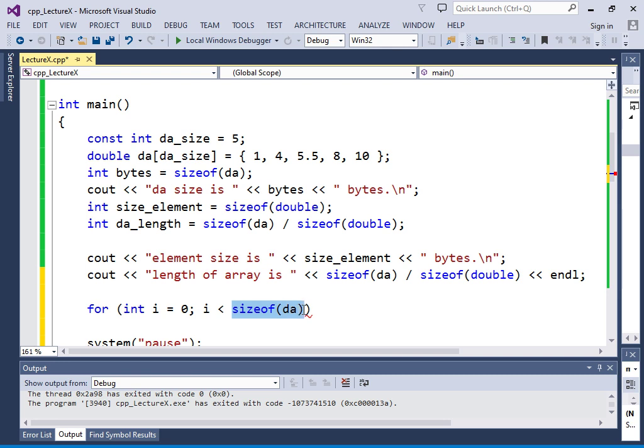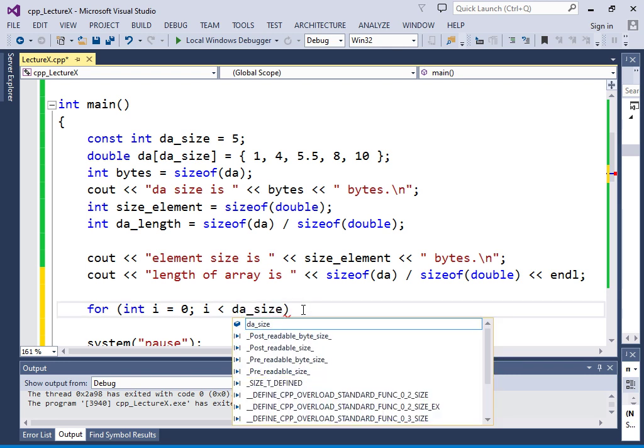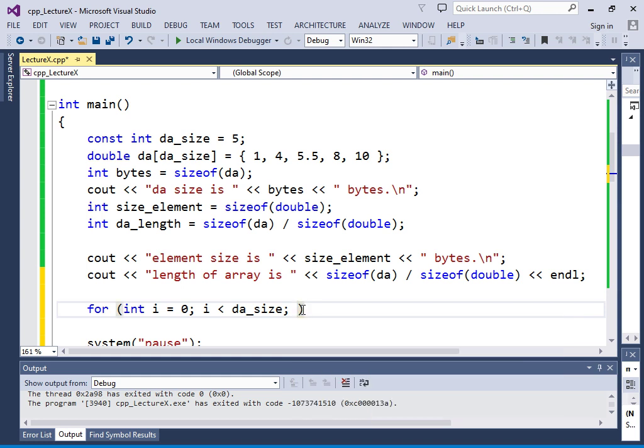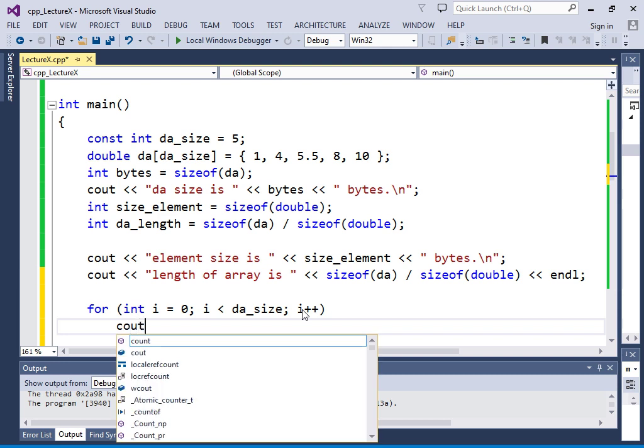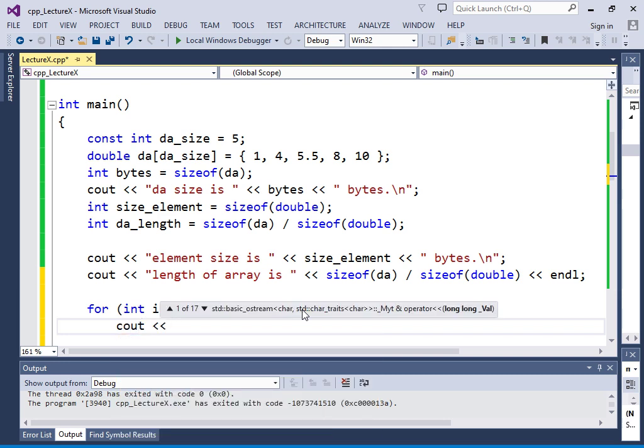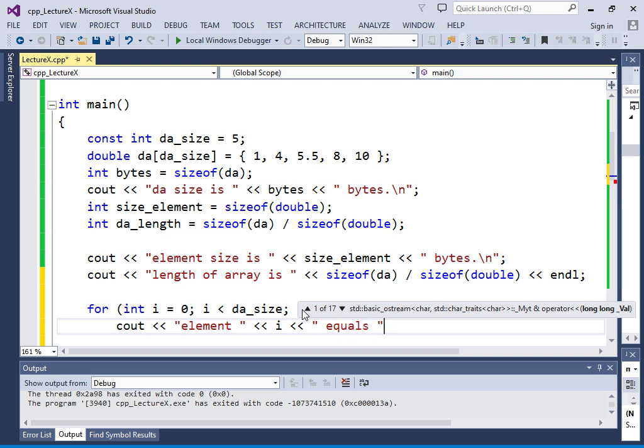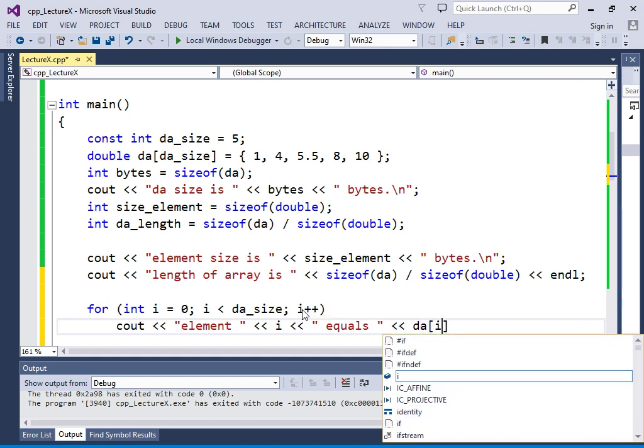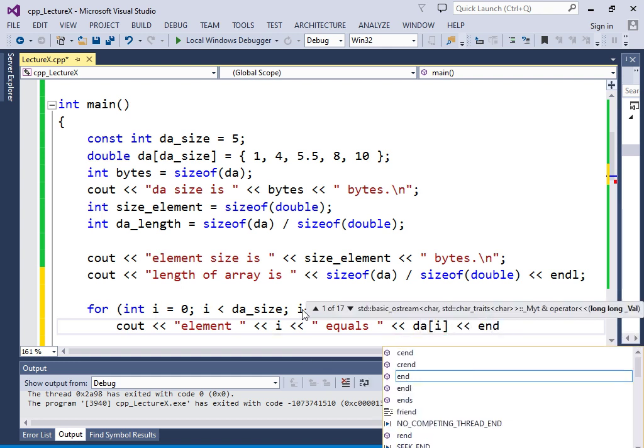So why not? DA_size; i++; cout << "element " << i << " = " << DA[i] << endl;